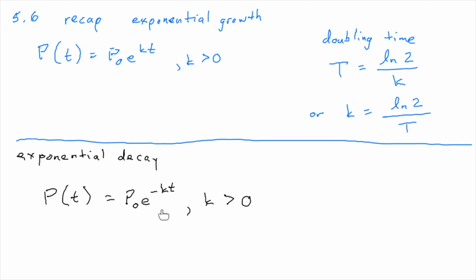Here, what you have is there's a certain proportion of your stuff that's going to just vanish into thin air. It's going to decay, it's going away. And the rate at which it vanishes corresponds to how much stuff there is left, in the same way that the rate at which your population increases depends on how big your population is.